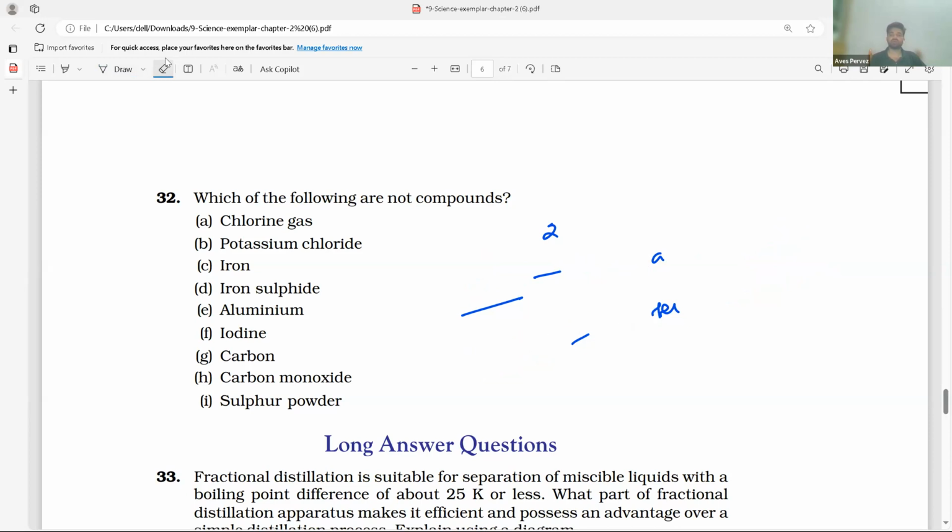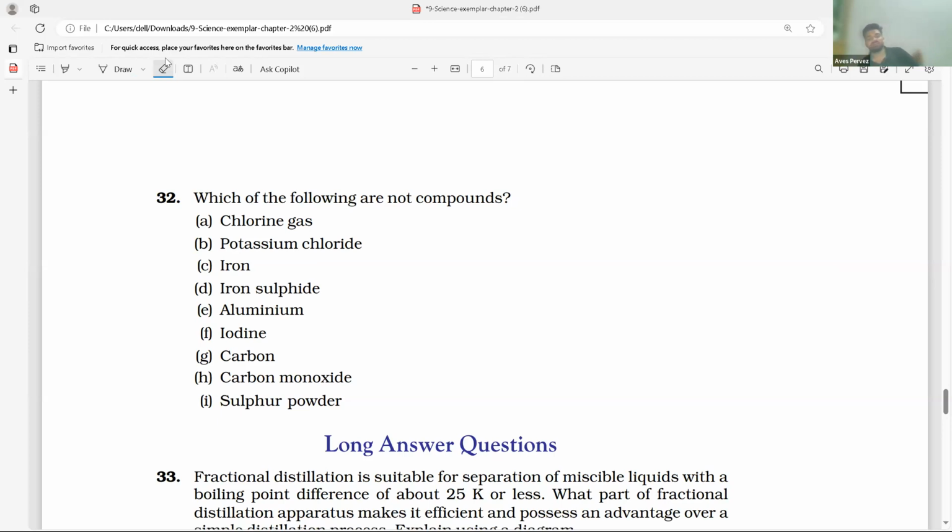Okay, yes, tell me. Iodine is an element or a compound? Yes, you, Saad. Tell me, iodine is an element or a compound? So it's a compound. Iodine is a compound. Is there anyone who thinks that Saad is correct? No, sir. It is an element. Yes, sir.